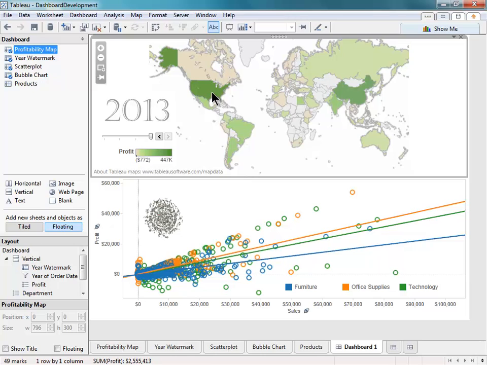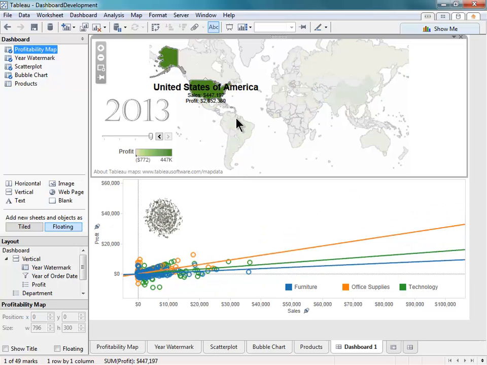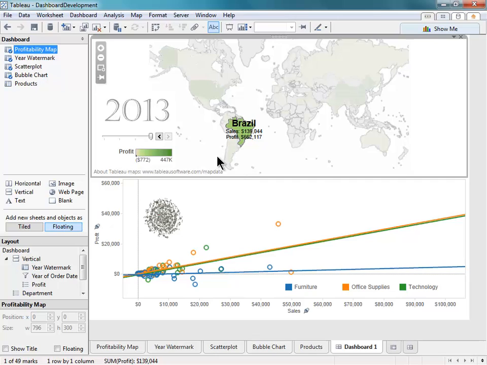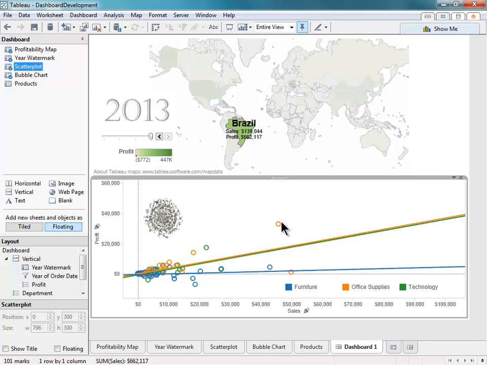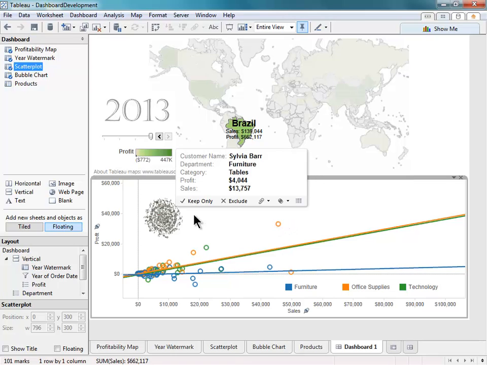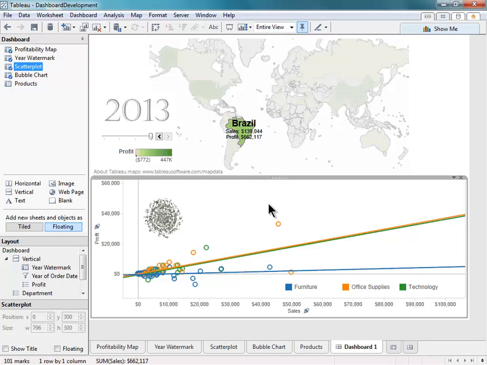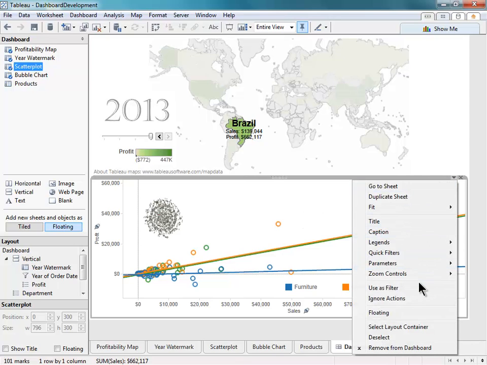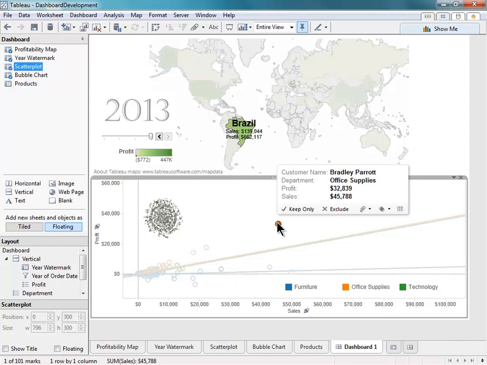Now you can see when I select a country, my scatter plot will update. However, my bubble chart will not. Next, I'll do the same thing for my scatter plot. I'd like my scatter plot selections to update my bubble chart, but not my map or my year filter or anything else. So I'll set this to be used as a filter, or